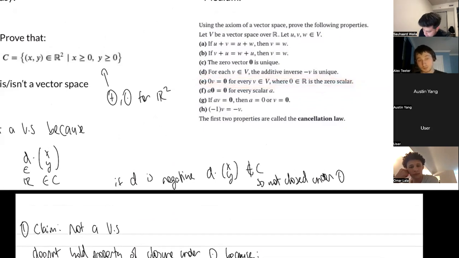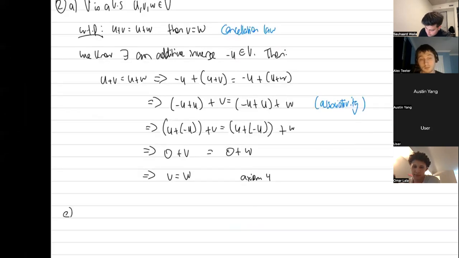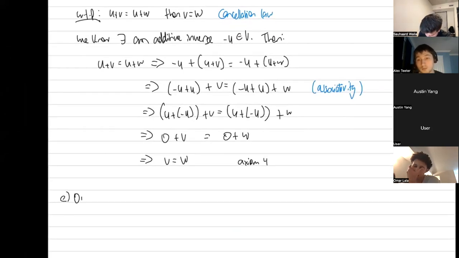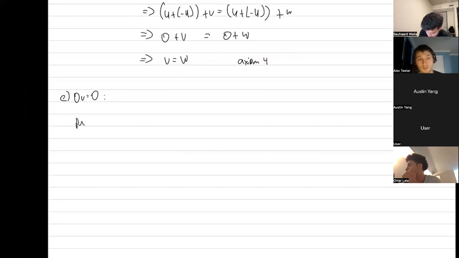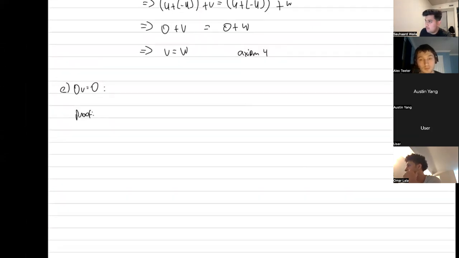Well, we know that, right? We know that when you multiply 0 by any vector, it should be equal to 0. But how do we prove that? Like if you're asked to prove that in the exam, how would you prove that? And in fact, you're going to make use of what we proved in part A. And you'll see why though. So proof. And the way you would do that is,